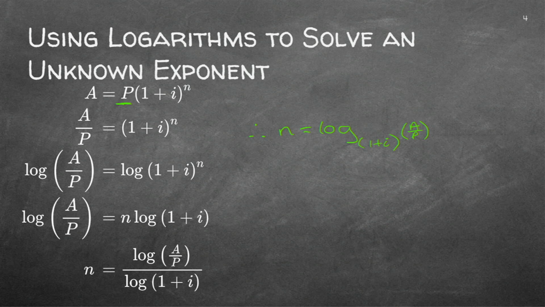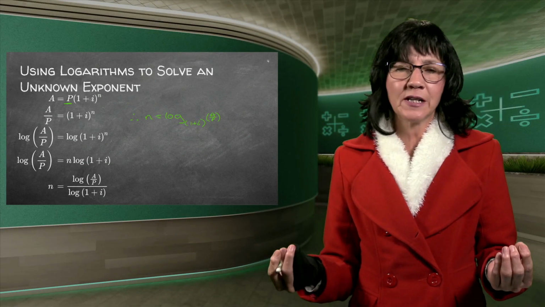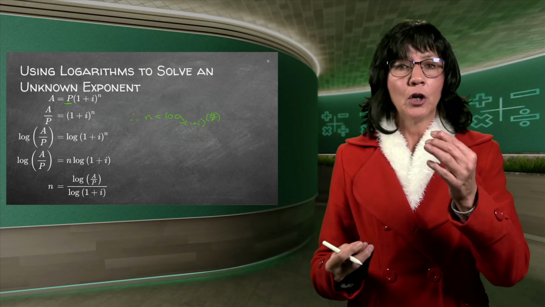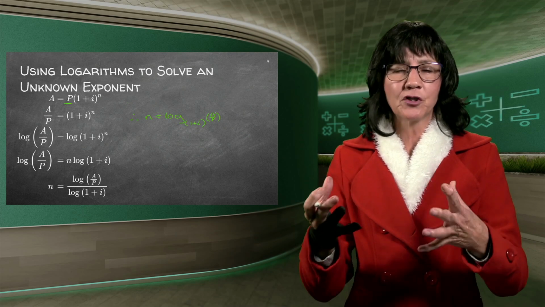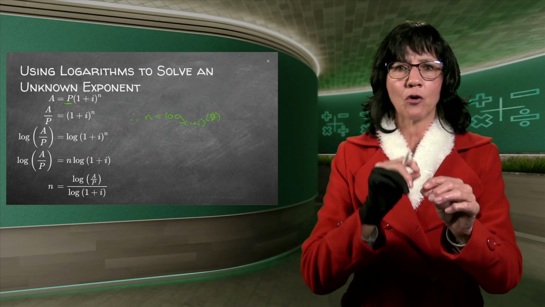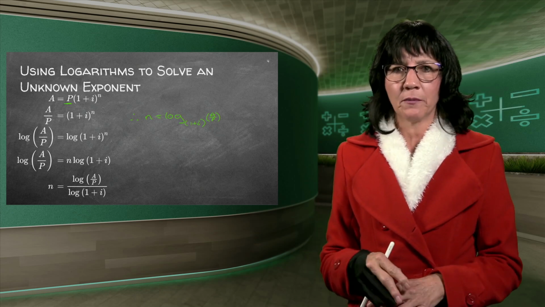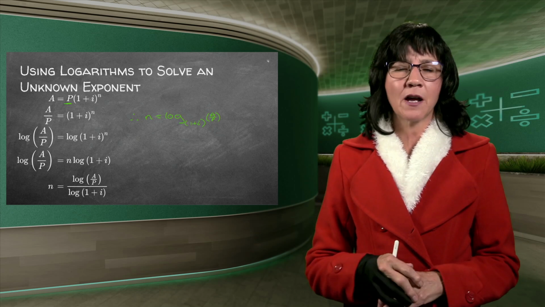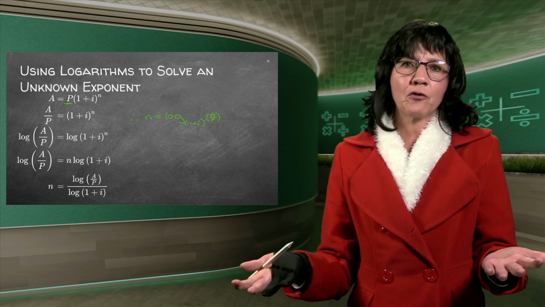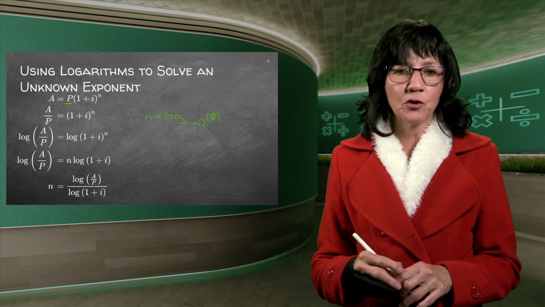So I prefer, from that step, to just straight away do it here. But you need to practice it a few times. If you just understand the language, remember maths problems are normally because you don't understand the language. But you know now, log is another word for exponent. So if you just write down, my n was my log, my n was my exponent. What was the base here at the bottom? The 1 plus i. So you make the 1 plus i the base of your log. And what did I not write down yet? The A over P, and there's your thing written.